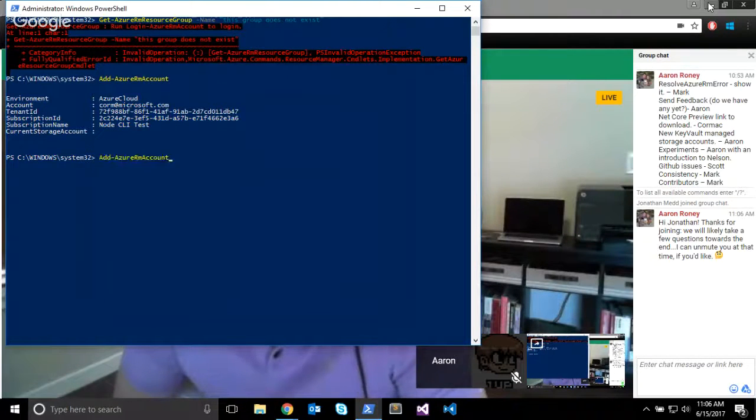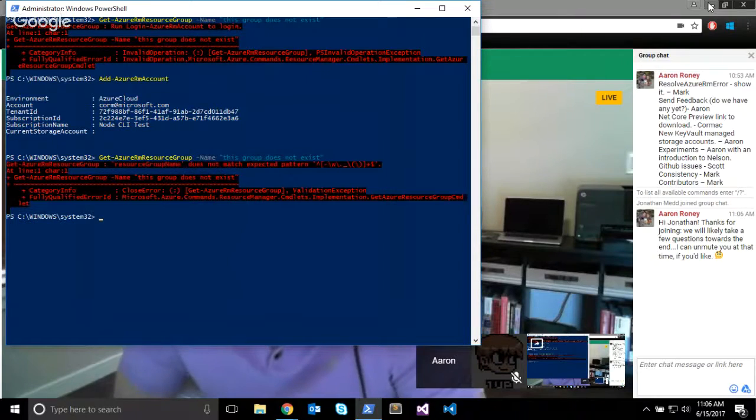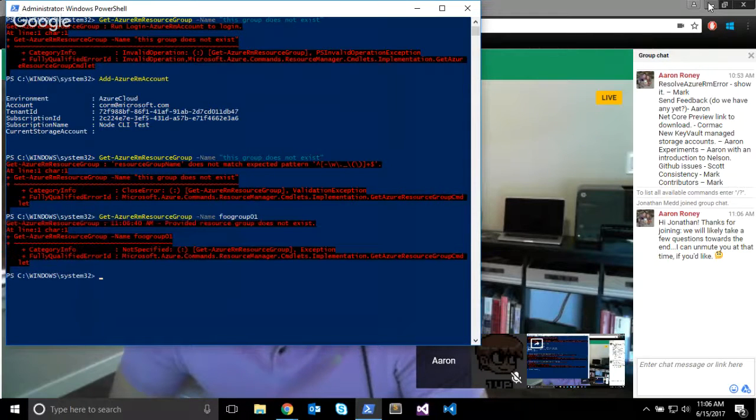And now let's try doing that again. And surprisingly, that resource group actually does not exist. So I get that kind of an error. And let's just do a resource group that really doesn't exist, like food group 1. Okay, so that group doesn't exist. So I can run